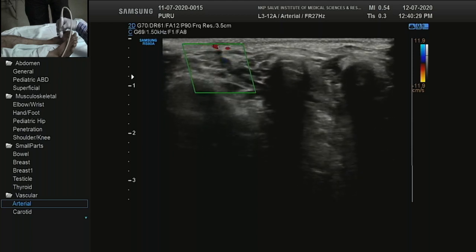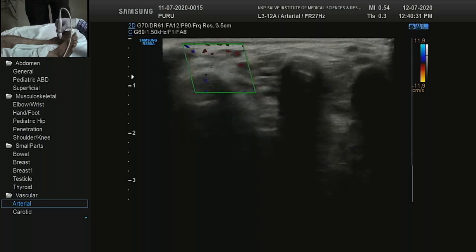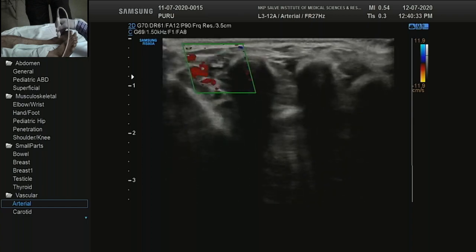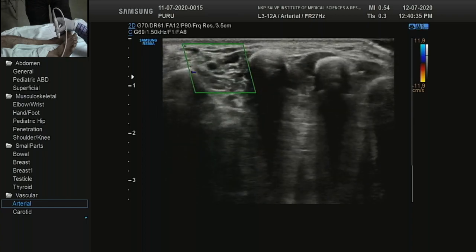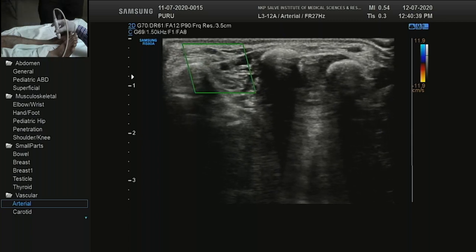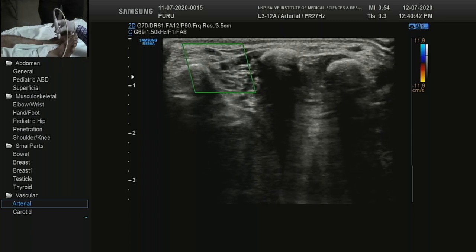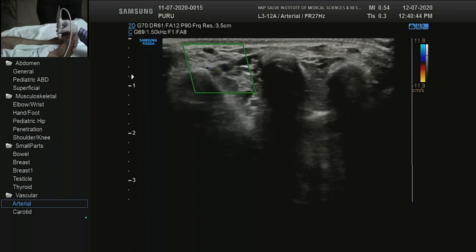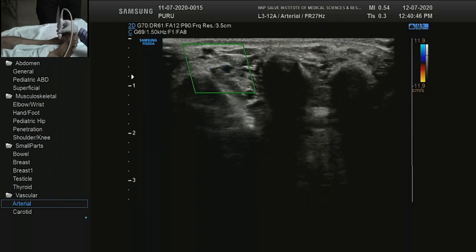Again, one point I would like to make clear: if you see an artery in transverse section and you are keeping the angle at 90 degrees, then you won't see much. If you want to appreciate that flow, just angle the probe cranially or caudally.